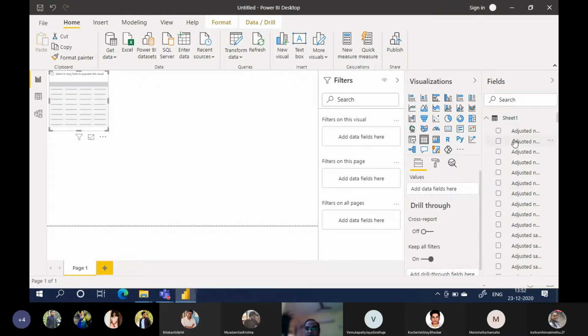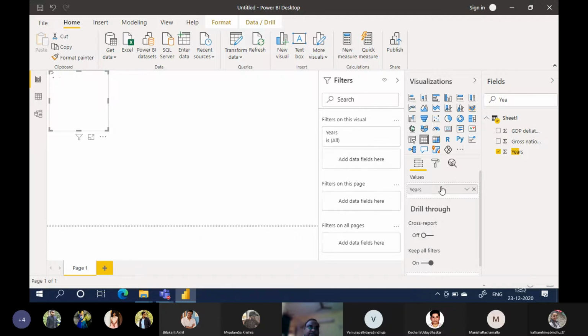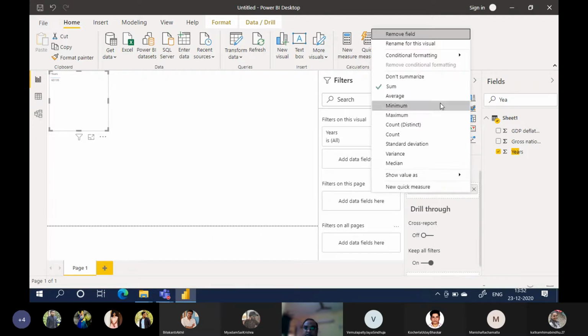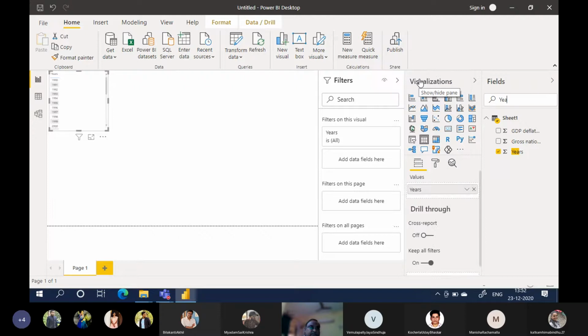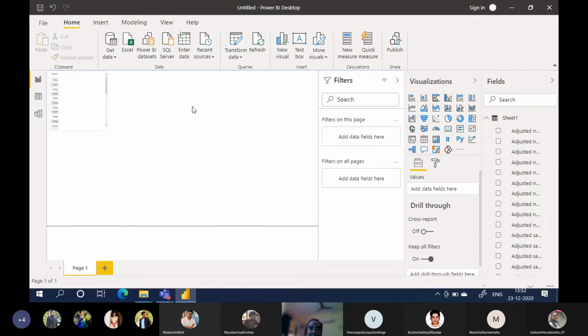Search for years, because there are too many variables in the fields. Drag it and put it in values. And then it is summing up. Simply say don't summarize.